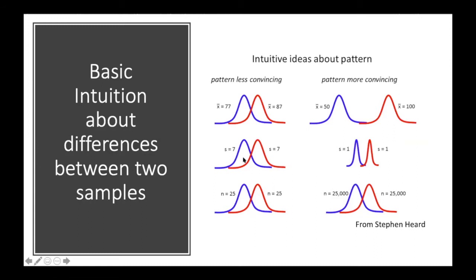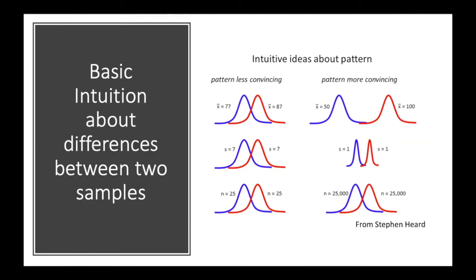The second row has sample means that are identical in the left-hand scenario and the right-hand scenario. But what differs between this scenario that's less convincing and this one over here that's more convincing is that the sample standard deviations are different. So here we have more uncertainty about what those population means are because our sample standard deviation is higher than it is over here. So when we have less variability, we are more convinced about the same amount of